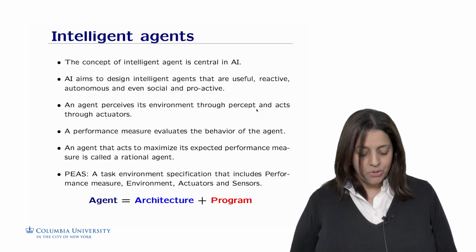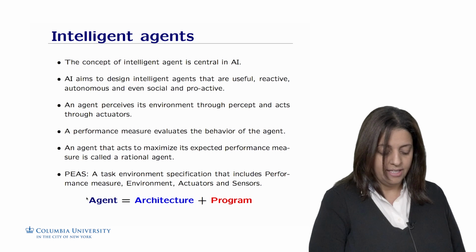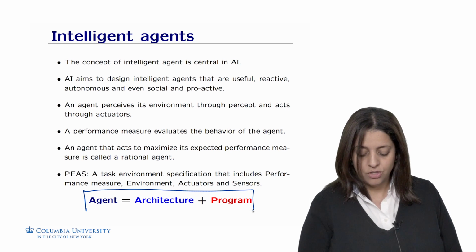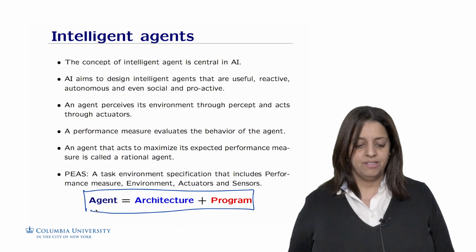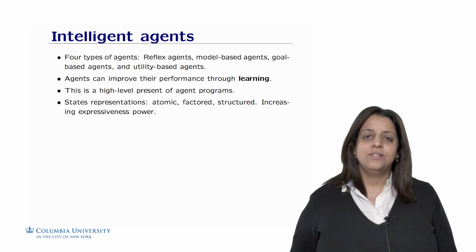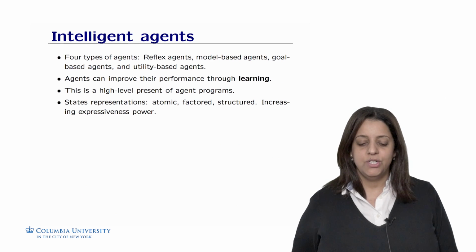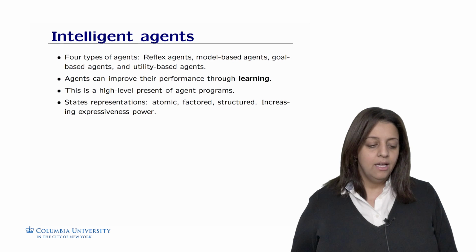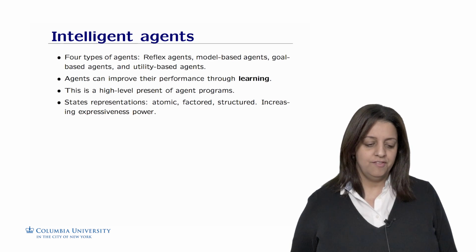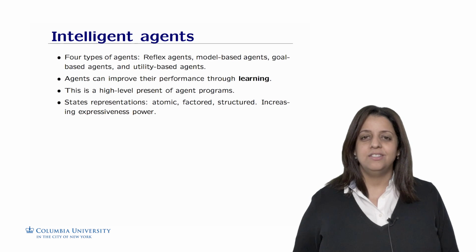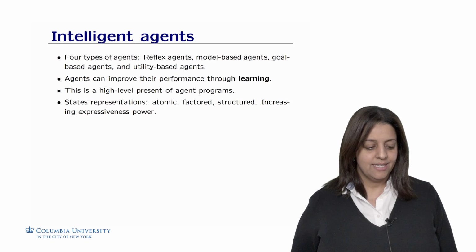We also saw an important aspect, that an agent is a set of architecture or hardware plus a program or system, and both have to be compatible to work together. We also saw four types of agents: reflex agents that are the simplest ones, model-based agents that try to model the world by creating the model internally, goal-based agents that want to model the world but still have a goal to achieve, and finally utility-based agents that try to increase their happiness.